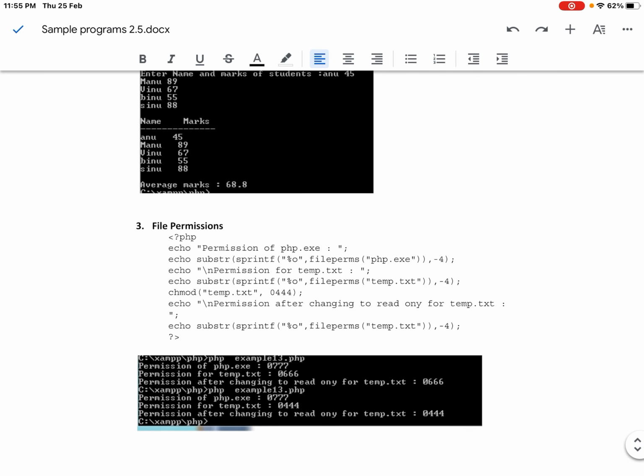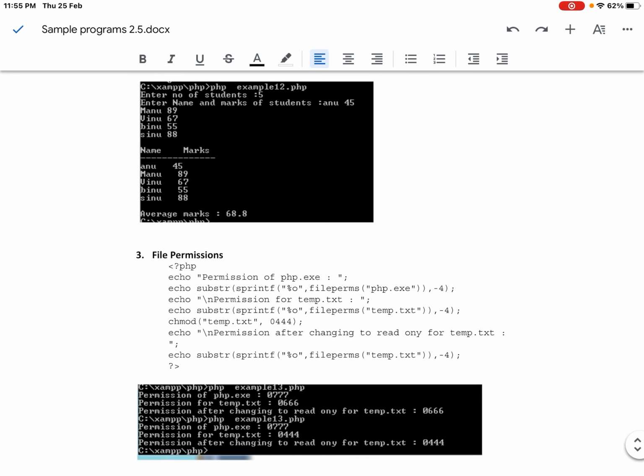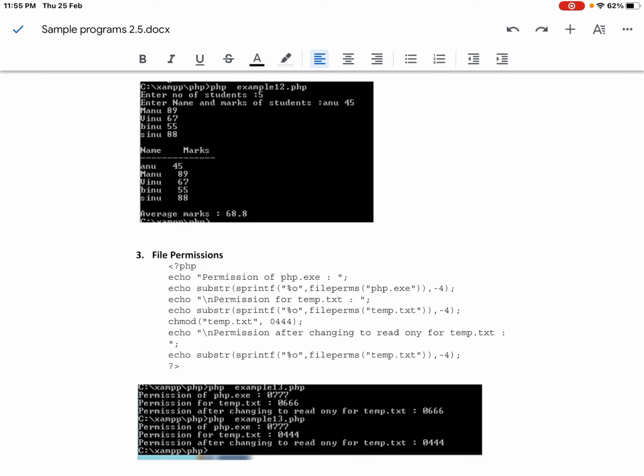Now regarding file permission, as we have seen, there is a chmod method. Chmod is for granting or revoking file permissions. To retrieve the file permission of a file, you have the library function fileperms. php.exe is an existing file, and temp.txt is another file in the current directory.